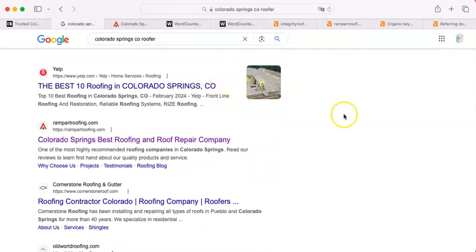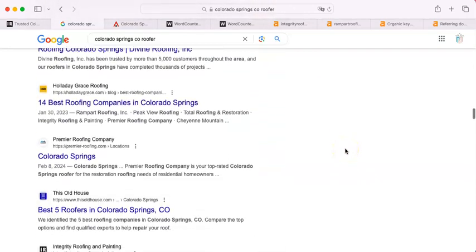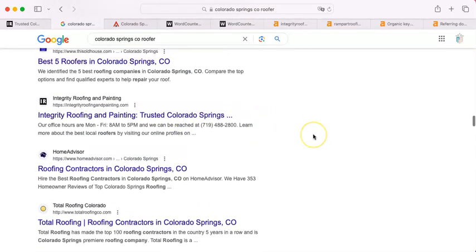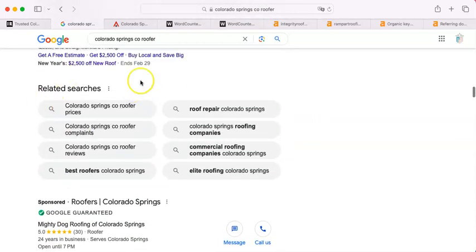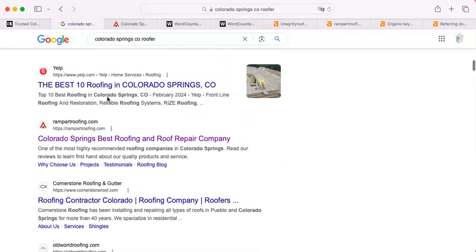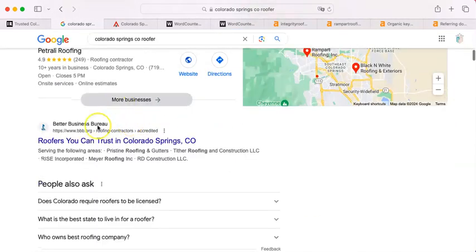You know your own Google search habits. How far down do you go when you're looking for results for something? How far down do you go to find a company? Do you go an infinite amount, or do you stop at some point? Most people stop after the related searches. That's what our insight shows us when we do surveys of people. Most people don't go below related searches. So you would like to be as near the top as you can, obviously. Anybody who is in this position, they have gold.